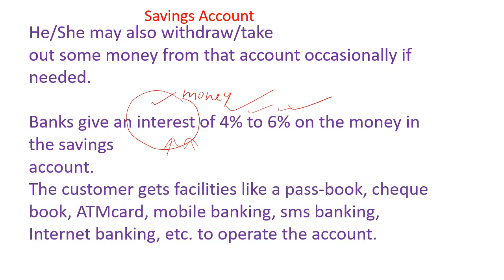Okay, so then in that case you can withdraw money from the bank using an ATM card. You know what mobile banking is. You can transact through mobile, SMS, through internet banking. You will have a passbook which will tell you all the details, and a checkbook which will help you to transfer money from one person to another person. All these things are very common nowadays. Your parents are doing it. You can discuss with them and understand how it actually happens. But what you have to understand is that a bank is an institute where your money is kept safe. You will be getting interest, and a bank is a place where you can get money otherwise also.